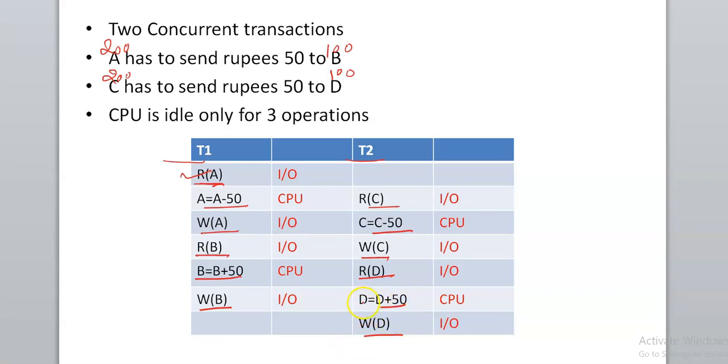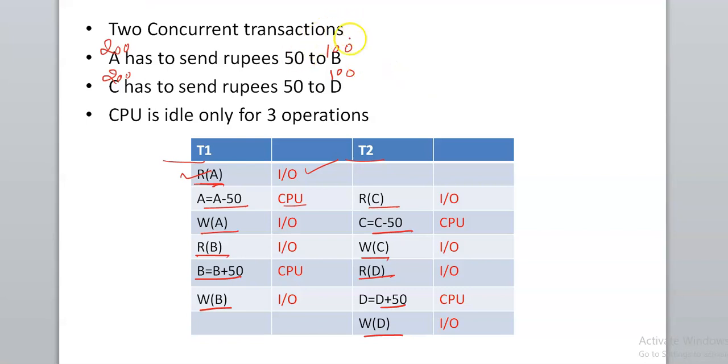As you can see, now 2 concurrent operations were performed, that is, 2 transactions were performed simultaneously alongside each other, right? Now in these 2 transactions, IO operations are being performed and CPU operations are also there. But the difference is that because we had 2 concurrent transactions, we can increase the efficiency of CPU utilization. So now let us see which are the operations which are not requiring the CPU at all here.